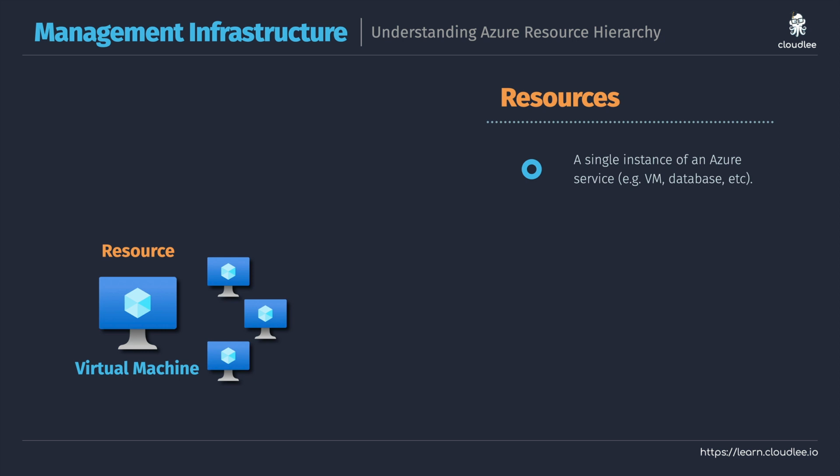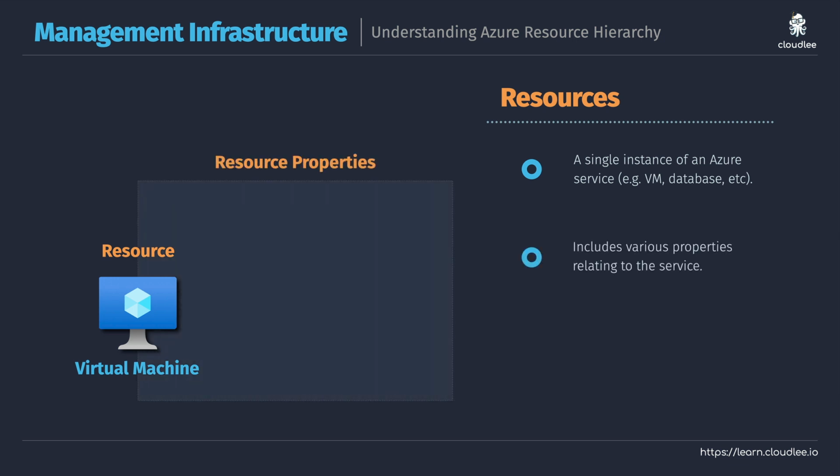A single instance of a given service like a virtual machine, web app, database, or any other Azure service is called a resource. So let's say we're just deploying one virtual machine. Now, when we go ahead and do that, we create a resource that is the virtual machine type. And really importantly, it has a range of different properties that we're going to configure depending on what service we are deploying. Now, whatever service you do deploy, you're always going to have a name for your resource and a location. Just like we spoke about earlier, that might be an Azure region that you deploy your service to. For the different resources that you create within Azure, you'll also have a range of other properties depending on the service that you are configuring.